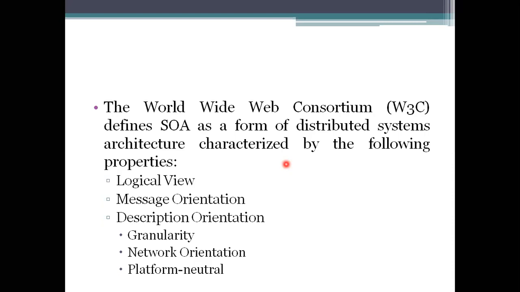W3C defines that a service-oriented architecture must have the following properties. Whatever architecture you are designing, whether in a cloud or any network or any representation, we need to provide the services to be available to others. So the architecture you are designing should concentrate only on the services.